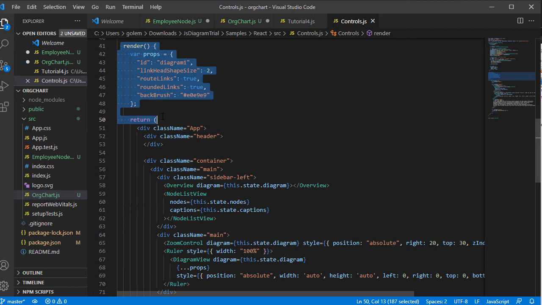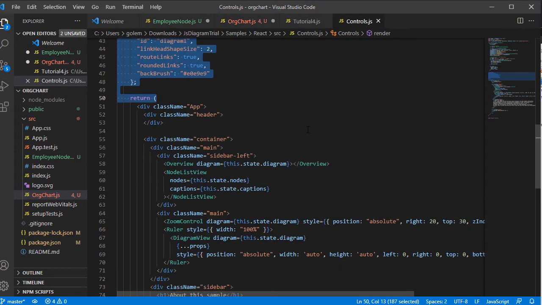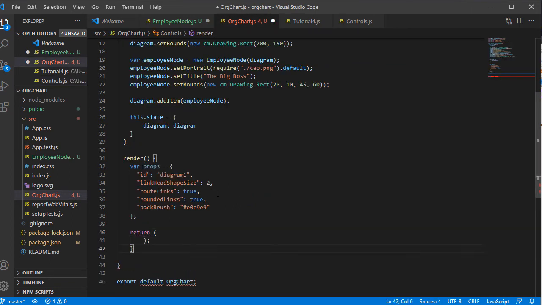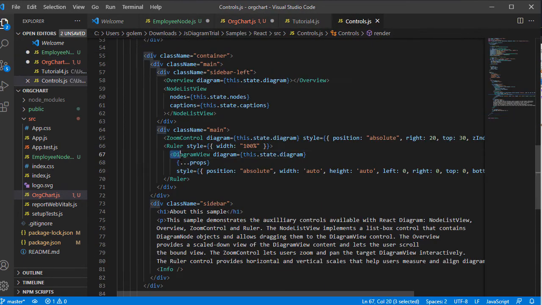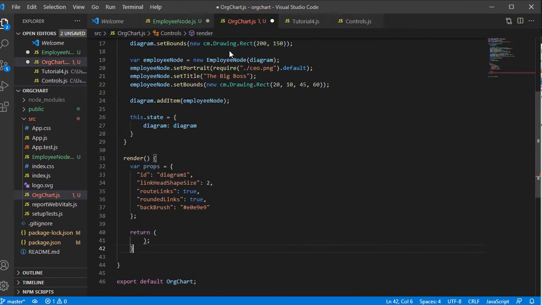Let's copy the render method from the sample React class. We copied the props array as well. Why not use it for our diagram as well? From the controls, we only need the diagram view, so we copy its code.